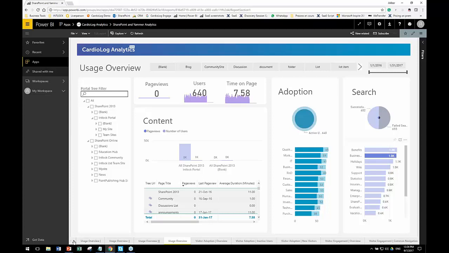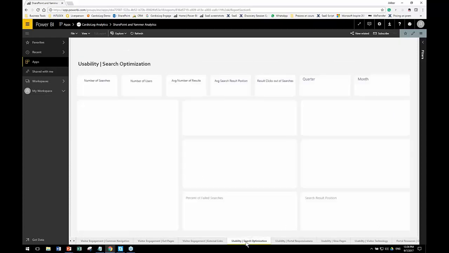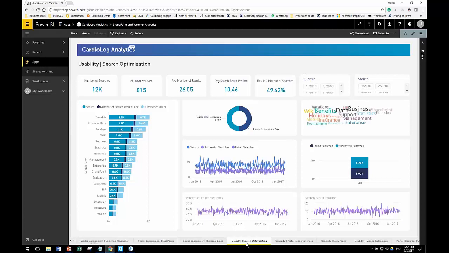And for that, as it's a very important part, again, we dedicated a specific report called Search Optimization. This is here in the usability category, so I'm just opening it right now, and the idea is to really understand from the beginning where people are looking and what type of information. So there are many benefits for you as partners when you have this kind of report, which you can share with your customers or use to help them understand the trends in searches and where they can improve the portal,